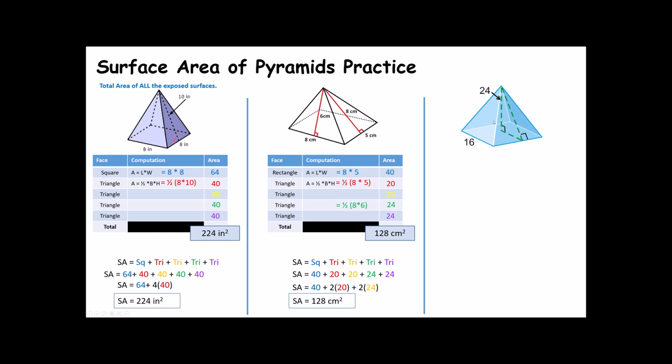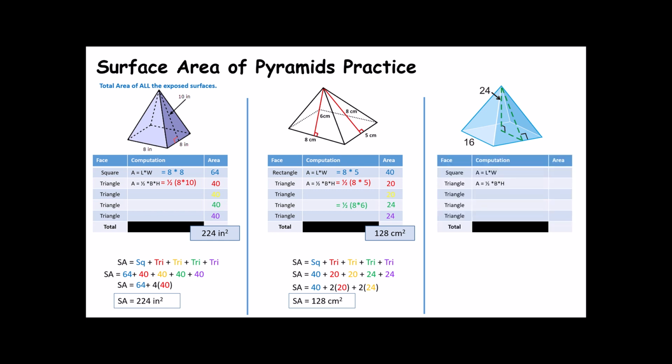Now, this is the one that gives people some difficulty. Notice that the bases are not indicated to be congruent, but we're going to go ahead and say that all the sides of the base are congruent. So this is going to be a 16 by 16 square. We're looking at a square pyramid. However, there are some things about this that make this a little more difficult. Can you spot those? Well, it's still a square and 4 triangles,